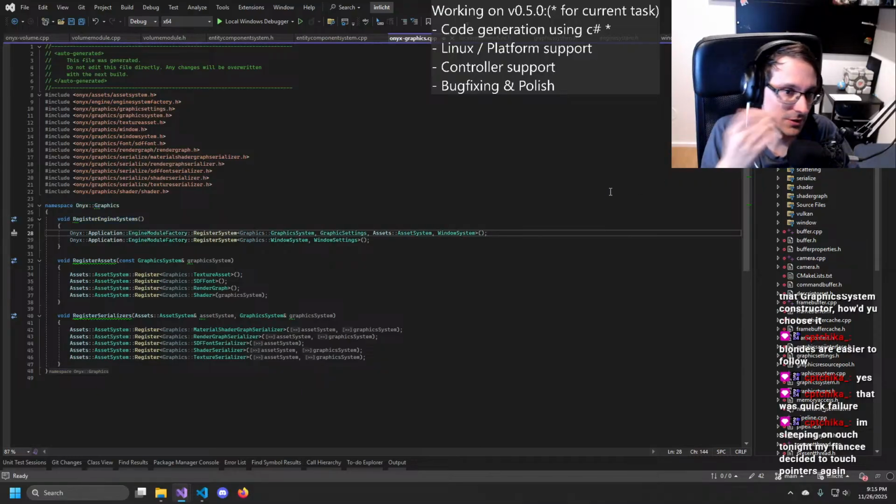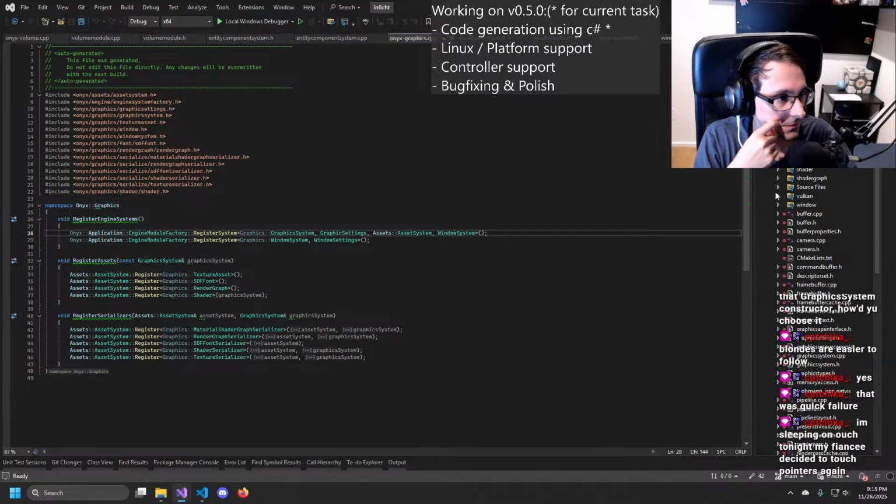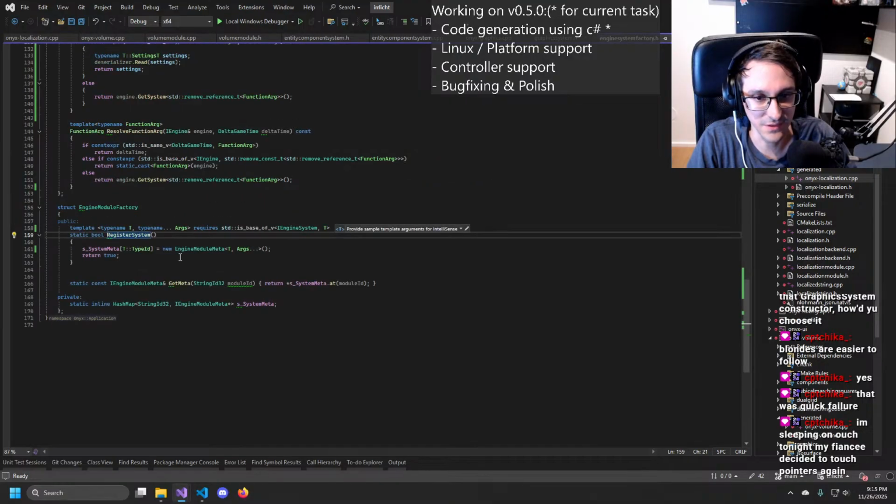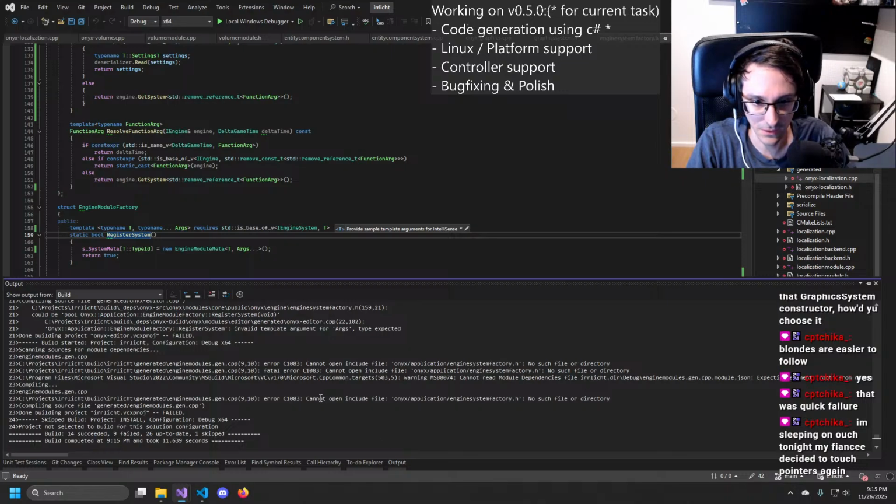Oh no. Okay, now it did. Cool. Whatever. So did the Loca do it as well? No. Okay, yeah. It has localization settings and asset system, which is the thing it should be constructed with.